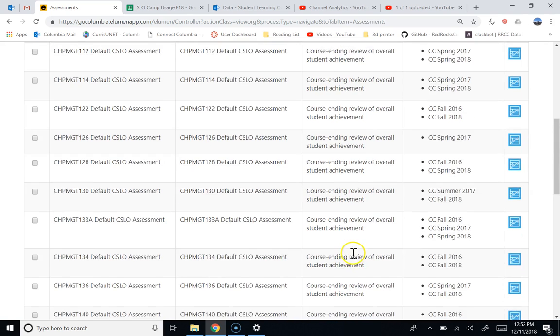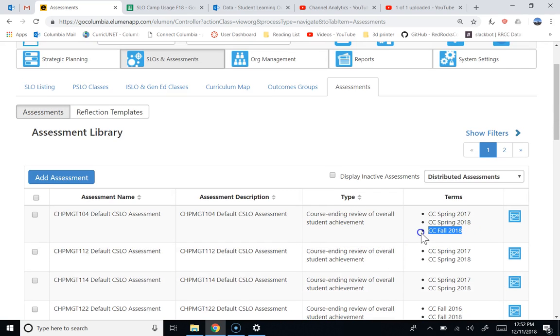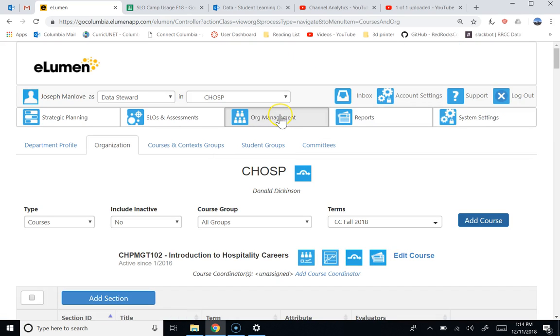So then, because that other one was planned for fall 2018, we have to go unplan it and then push the other assessment. P.S. You can't do this if somebody already put data in it. Perfect. Okay, so now that we made our new assessment, I went into the organizational management and the organization, and